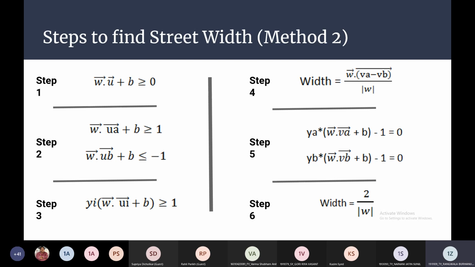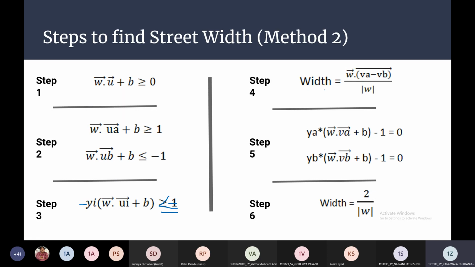Now we just multiply it by yi, which is our label. That means whether the class is +1 class or -1 class. So if this is 1, this equation will basically be the same. And even if it's -1, by the law of inequalities, if we change the sign and do this, it will also become this way.